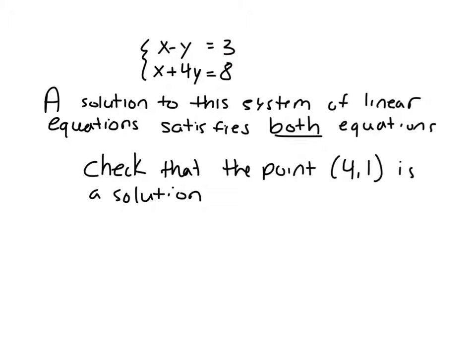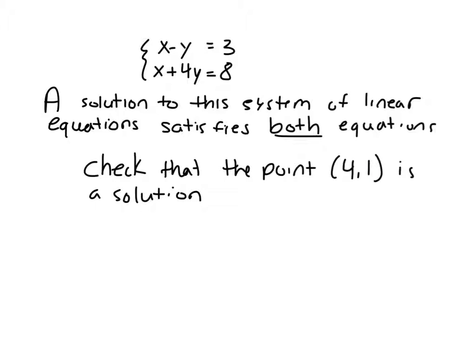The first equation up top, we will refer to later as equation 1, and the second one is equation 2. If you have more, then you can have equation 3, equation 4, etc. A solution to this system is going to satisfy both equations. You can satisfy the top equation many different ways, and you can satisfy the bottom many different ways, but you have to satisfy both in order to be a solution to this system. And it turns out that this system only has one solution,